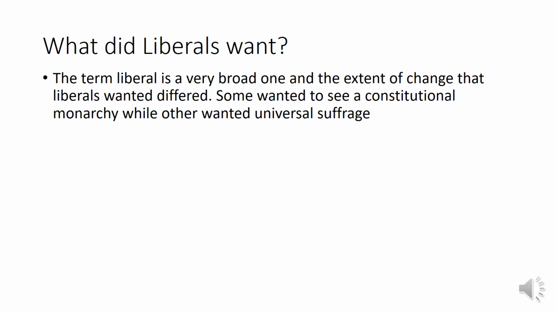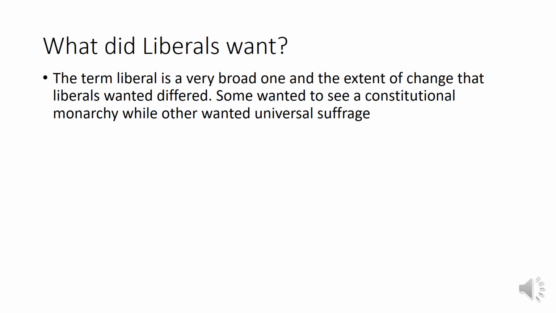And some people wanted to see this in Germany. They wanted to keep their current rulers, but they wanted their power to be limited. Others, at the other end of the spectrum, wanted to see much more radical reform, with universal suffrage introduced. Universal suffrage is the idea that a government is chosen by votes, and the universal part means that everybody gets to vote. So this is the idea that everybody would vote in who runs the country.